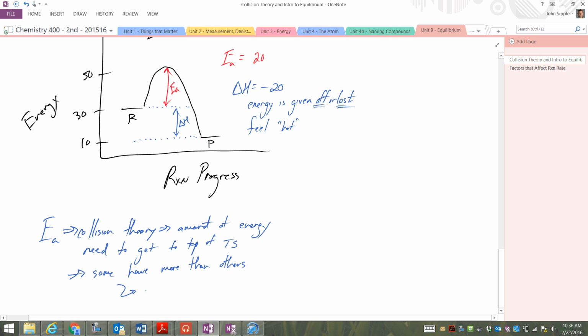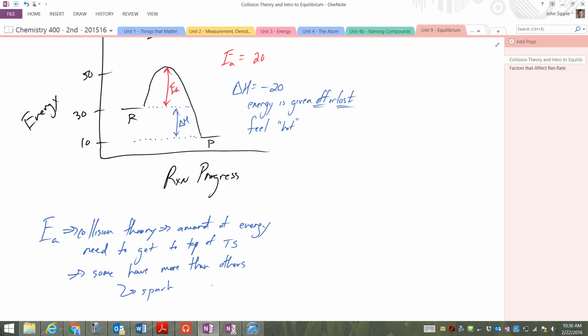Sometimes maybe you just need a spark for the reaction to happen. When we had our H2 and O2 in our rockets, we had our spark, our launch mechanism here. You had to provide the spark in order for the reaction to occur, to get up over the transition state, to get up over the energy of activation. When you start a fire, the reactions that are combusting are providing the energy to the other reactions, to continually keep the combustion reaction going.